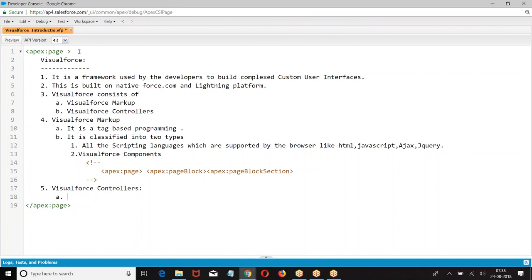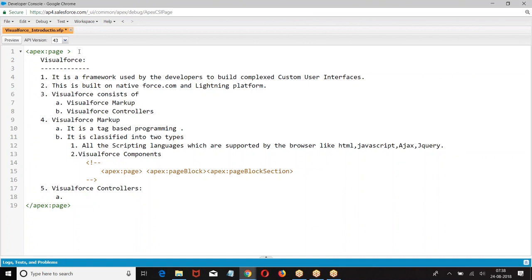When user clicks on a button, record should be saved. When user clicks on a button, record should be deleted. When user clicks on a button, the record should be modified. So when user interaction happens with any one of the components on the UI, you want some action to be performed on the database, then we go for controllers.